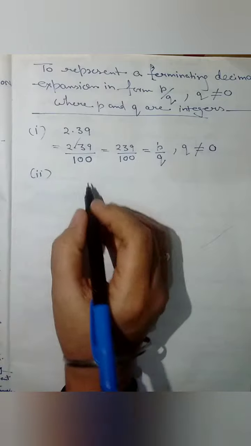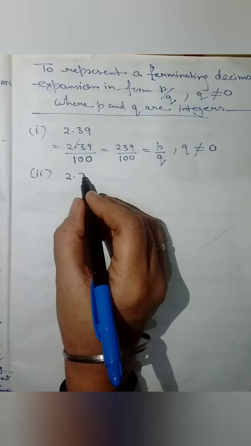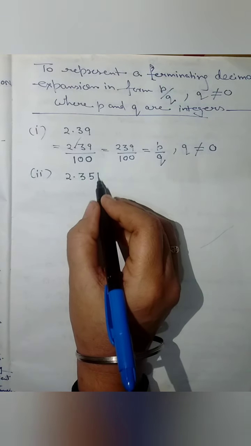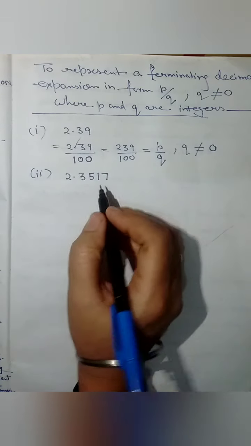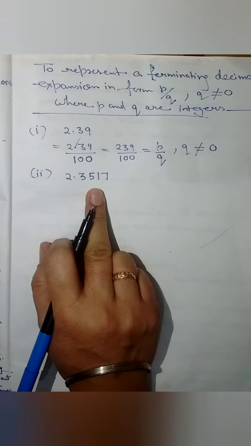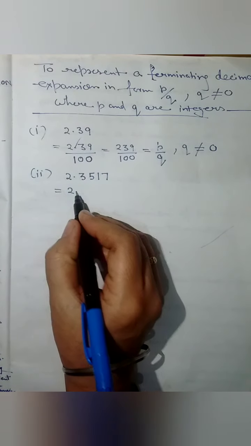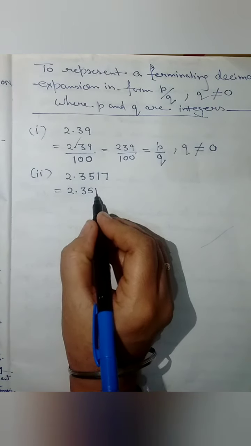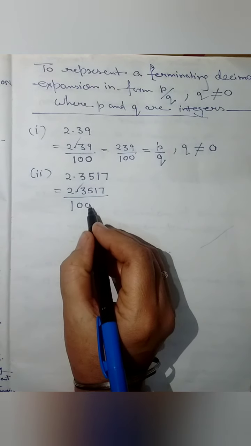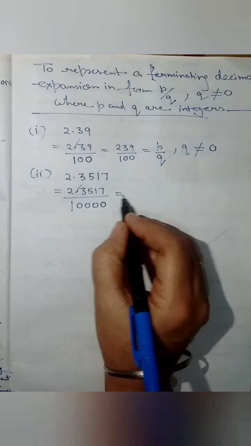One more example we can see. Suppose one more decimal expansion is 2.3517. Again, to express this in P upon Q form, we have to remove this decimal. For this, we will remove this decimal and increase 4 zeros in the denominator. So we will get